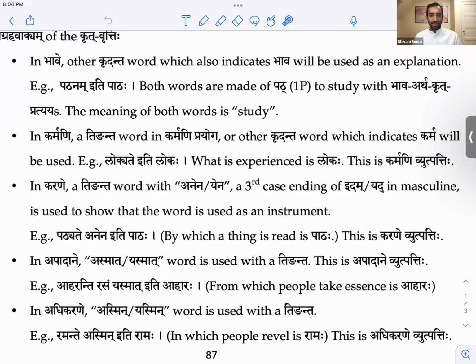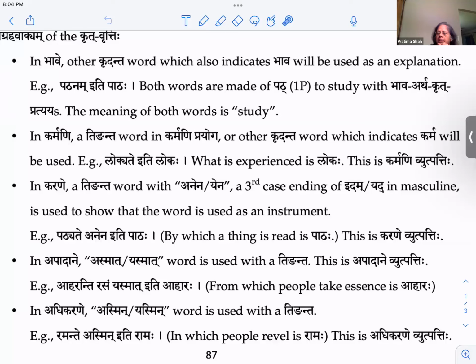Is that helpful? Yes, I understand what you're saying, but when we see some sentences, maybe it'll be more clear. Is it like mama nama ramaha? It's not karta, it's just that ramaha is a prathama, but has nothing to do with karta?